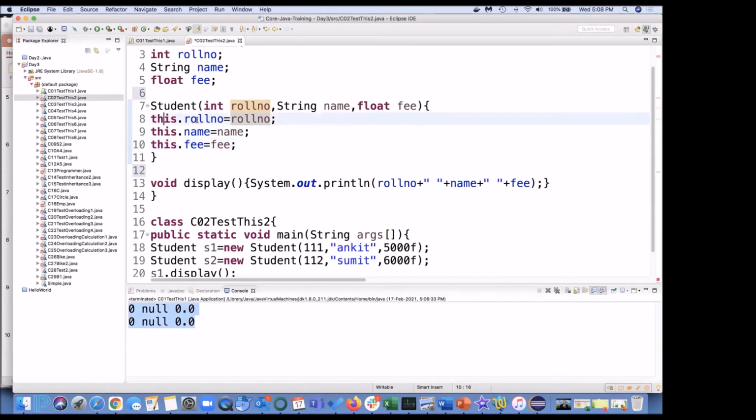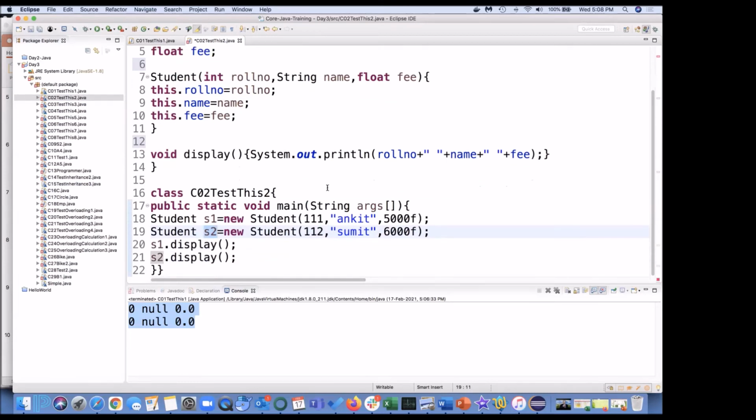Now, this.rollNumber for S1 becomes S1.rollNumber, S1.name, S1.fee. When I execute S2, it becomes S2.rollNumber, S2.name, and S2.fee. And if we execute S1.display and S2.display, it will be 111 Ankit and 5,000 and so on.